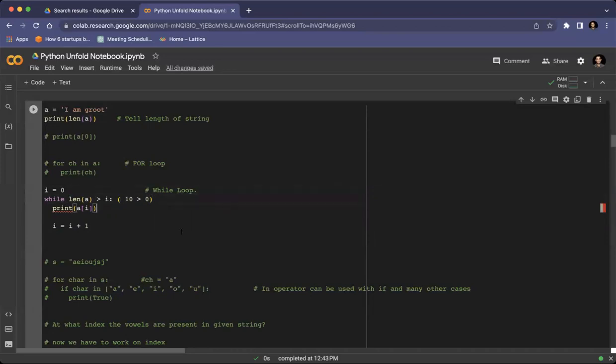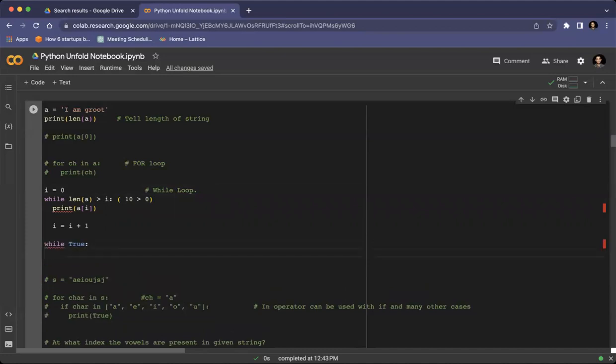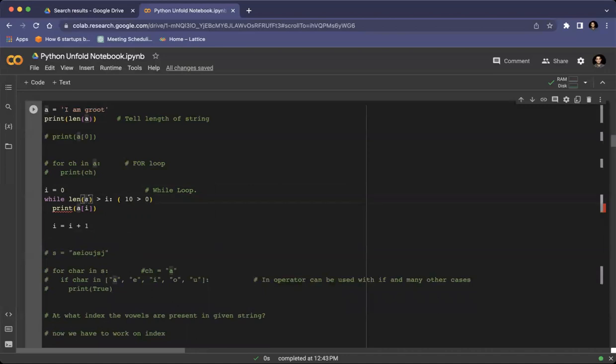The syntax for starting a server is: when the connection is made and the credentials are okay, the server says while true. That's all. This is how the server starts. While true, while the connection is there, just do something. So how this while loop is working on this A, I'm saying while length of this variable A or this